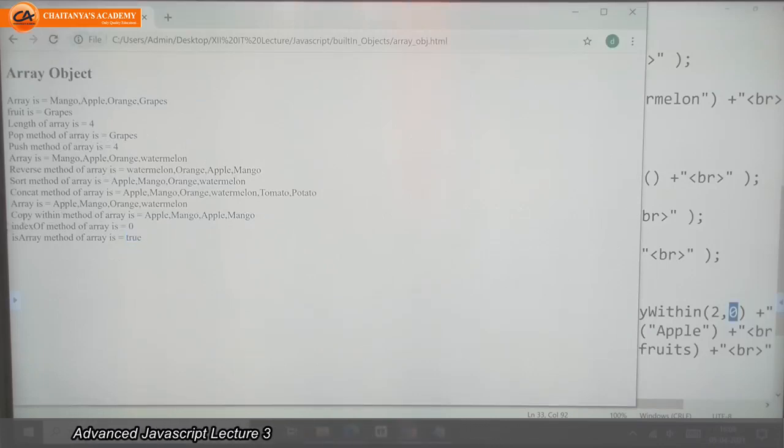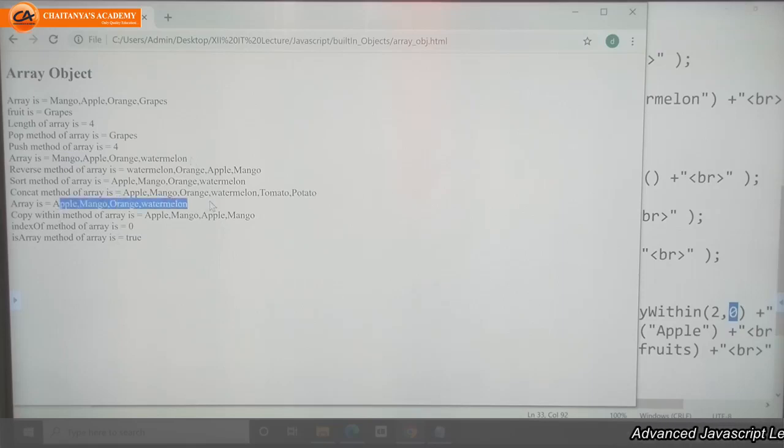So what is our array? Apple, mango, orange, watermelon. This is our array.